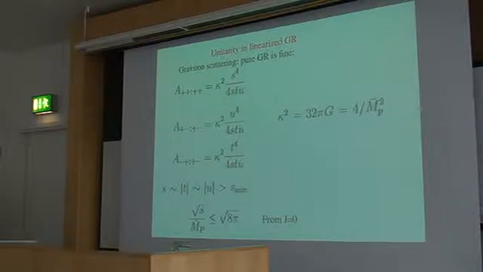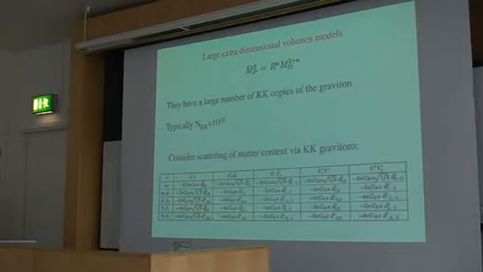There's been some activity recently in that direction by Giddings and collaborators, arguing that solving the unitarity problem in gravity was actually more pressing than understanding how to normalize it. I think it's an interesting development that should be looked into further. Okay, now let me come to models that people have discussed